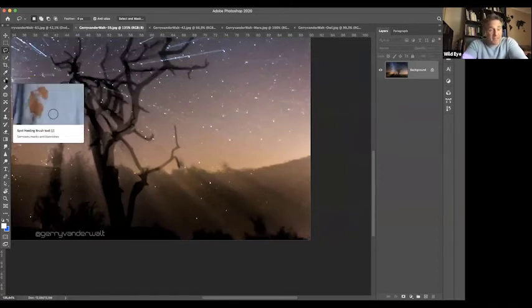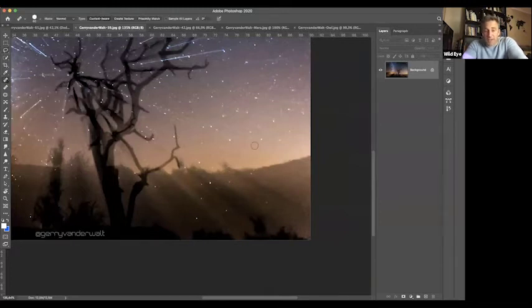Come down and there's this spot healing brush tool. Click that. And you basically get your cursor, which you can then open and close as big as you want. Okay, so let's just leave it there. You can simply now click once on every dot that you want to remove, and very quickly, Photoshop uses content-aware technology to build it up and cover it. Watch. Click, click, click, click. This is way faster and way more accurate because it builds it up.